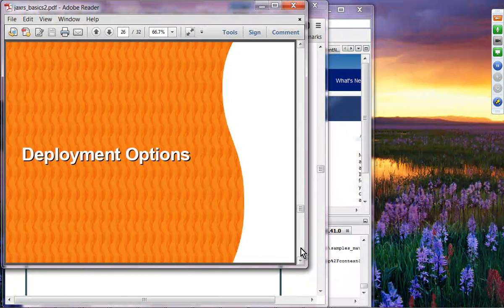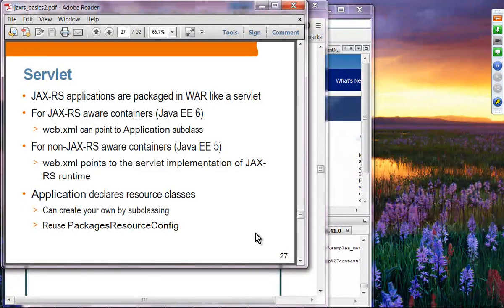So deployment options. You can actually deploy RESTful applications on two different platforms. One is the Java EE platform, and the other one is the Java SE platform. Okay, so when you are deploying over the Java EE platform, it's just like a web application. You're deploying as a WAR application. Okay. So Java EE 6, in this case, is a JAX-RS aware container, which means you don't have to have JAX-RS pieces